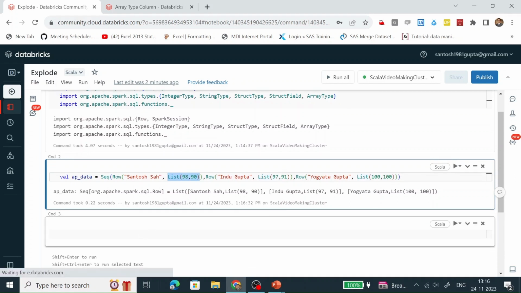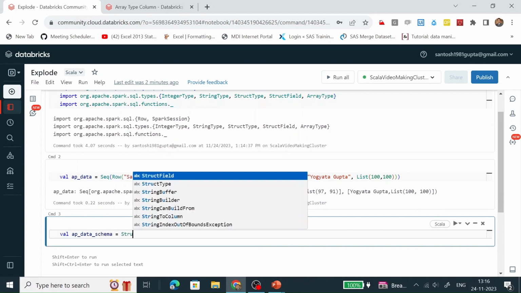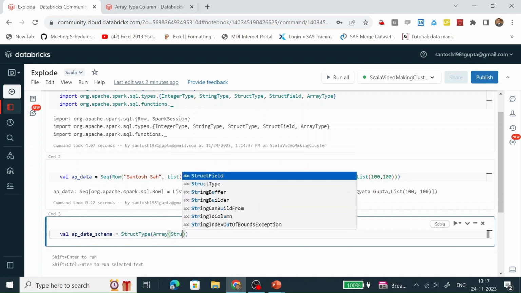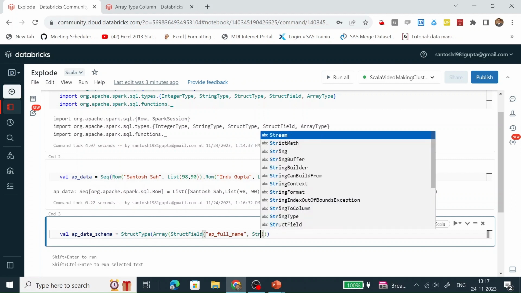Now let's create a custom schema. We create the custom schema with the help of StructType, and we define each column with the help of StructField. The name of the first column is AP full name, and the data type is string type.